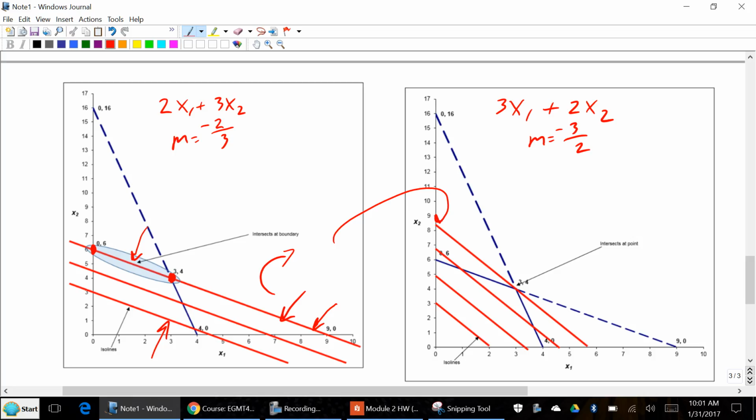You look it up if you don't remember. It's no big deal. Okay, so do you see how this slope now is actually steeper than this slope? So that's why this is a negative 1.5. It's actually steeper in the negative direction. Does that make sense? So what happens is,